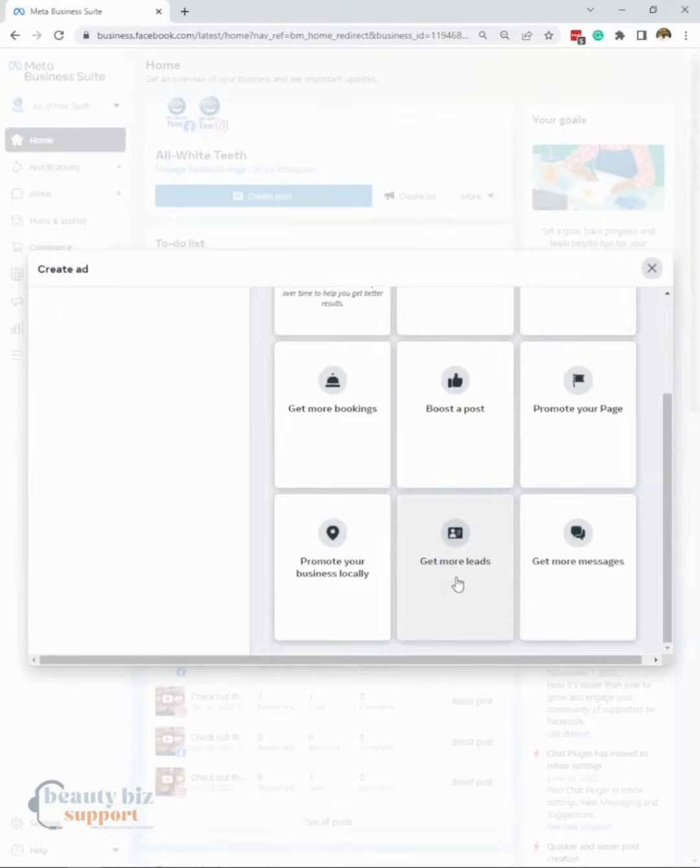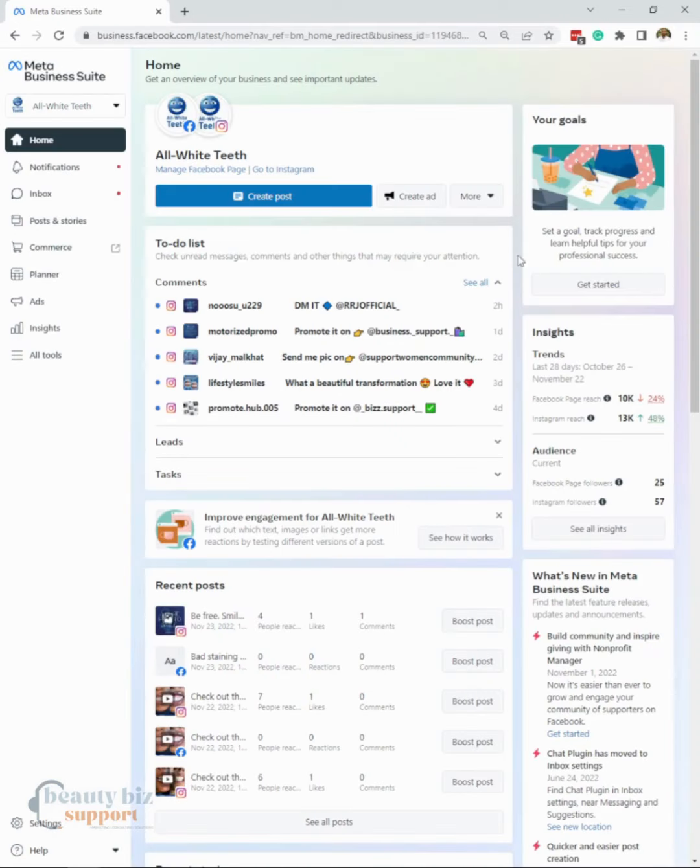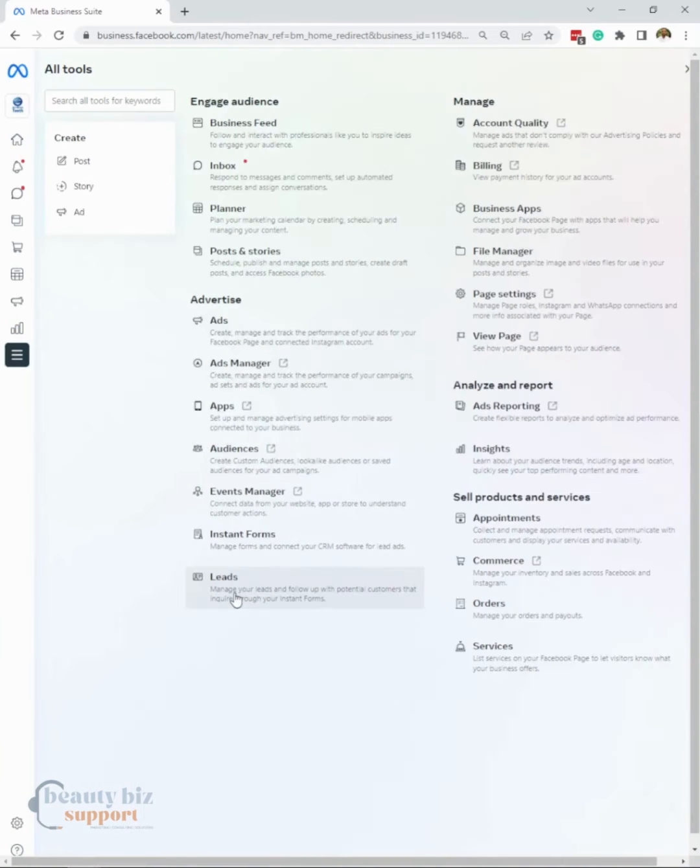We don't want to create it here because actually it limits the way we set up the ad or the form that we're going to be collecting the information from. So we don't want to use that here. Instead, we are going to go to all tools, and then there's an option here for leads and instant forms. Instant forms are going to come available. That's going to be something I'm going to talk about in another video, but we want to click on Ads